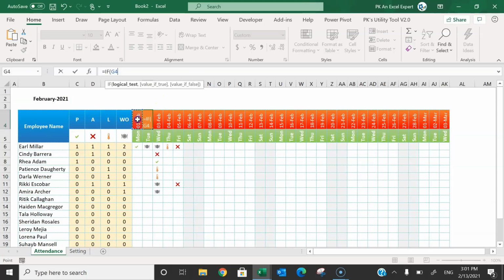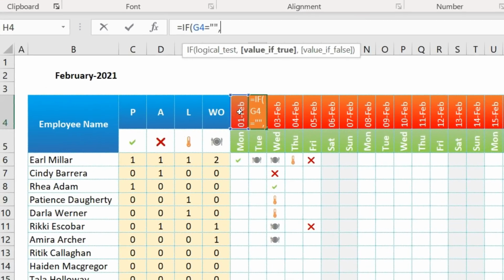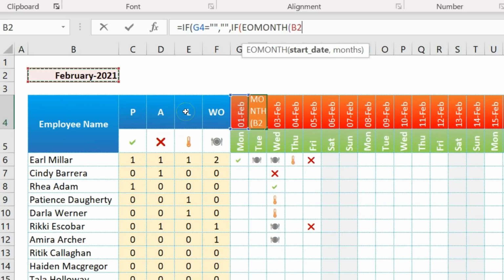If this value is blank, then we will take blank, else we will put here IF EOMONTH of this cell, just freeze this, put 0. So it will return the last date of this particular month is less than or equal to this value, then it will return this value, else it will return blank.